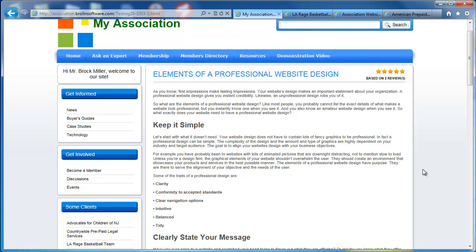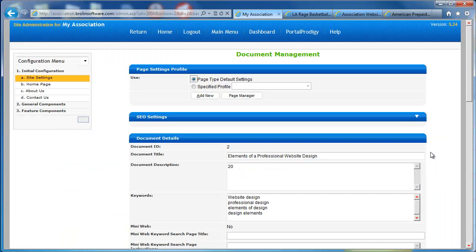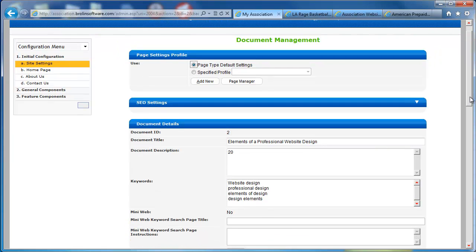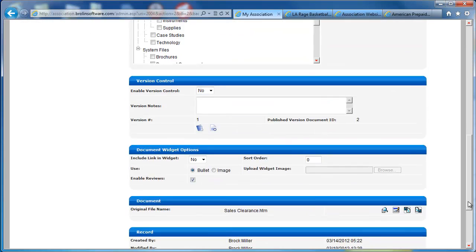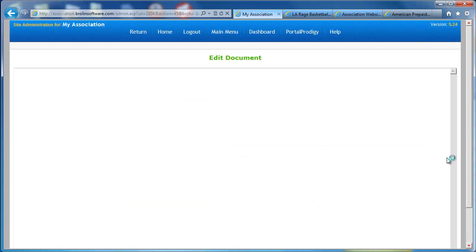Now, if I see something in here that I want to edit, it's as easy as clicking Control-Alt-E to edit this particular document. When you do a Control-Alt-E, PortalProdigy then knows which tool to bring up. In this case, it's document management. I've got a variety of data in here. SEO is something that we'll briefly touch on here, but I could configure my SEO options specifically for this document. Right now I have them automated so the system generates them, and I'll show you what those are in a minute. I'm going to scroll down, and I want to access the HTML editor to make edits to the